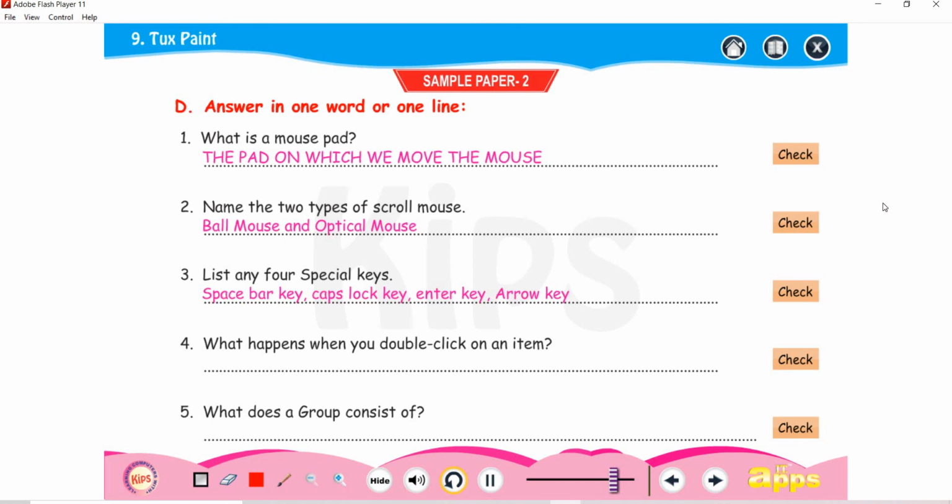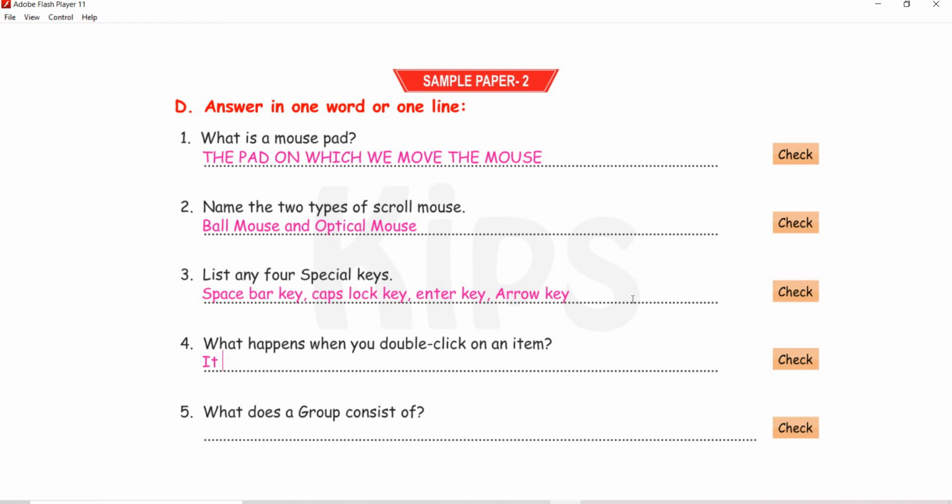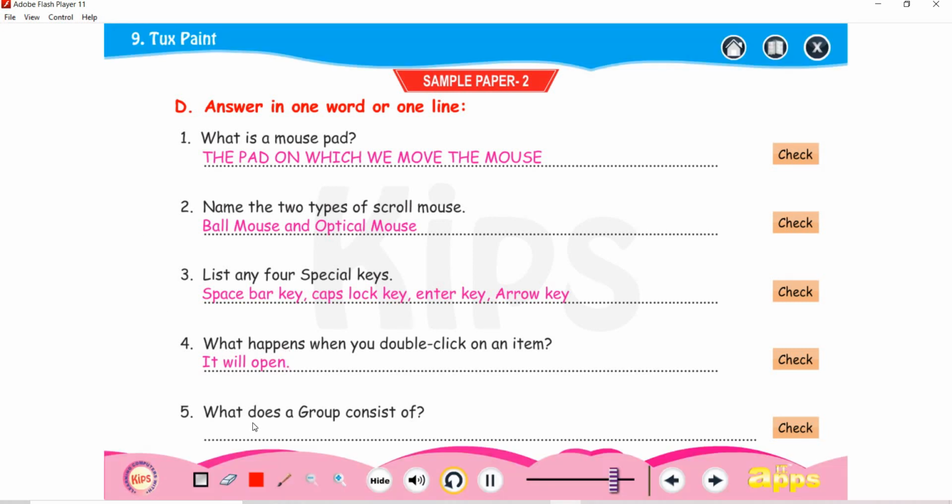Next question, what happens when we double click on an item? When we double click an item, it will open. Next question, what does a group consist of?